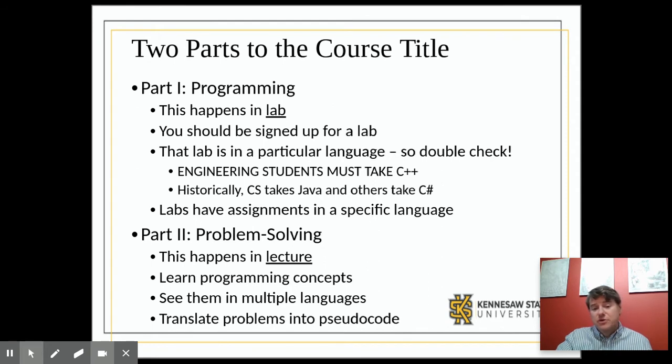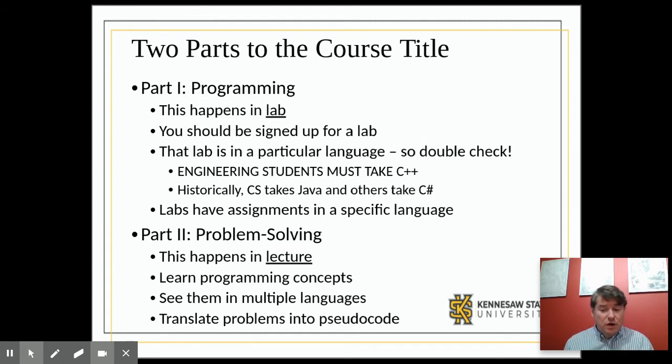All right, so there are two parts to this course, as I mentioned. There's the lab part, and there's the in-person class. The lab is where you're actually getting your hands on and doing the work, and you're doing the actual code. There are two versions of the lab. Sorry, I'm going to say that again because I made two mistakes in that sentence. The lab has two different versions, Java and C#.